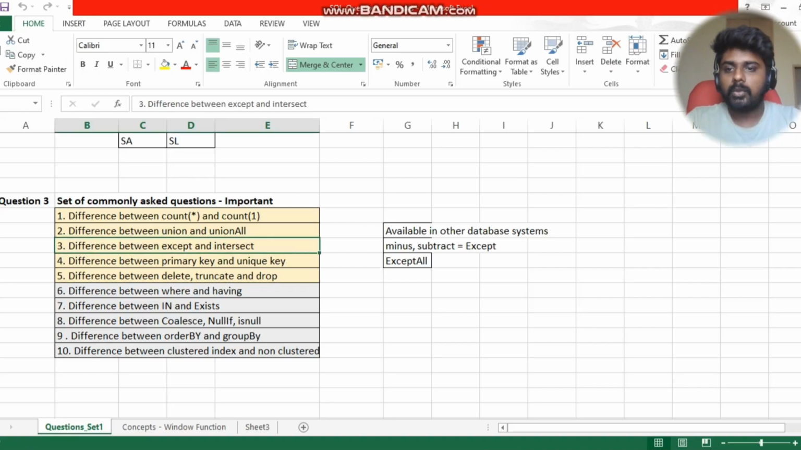So in today's video, we are going to see the same thing which we have seen in the previous weeks. This is the differences between functions in SQL, which is the most commonly asked SQL interview problem. In today's video, we are going to see the differences between except and intersect. Before I start explaining what is except and what is intersect,